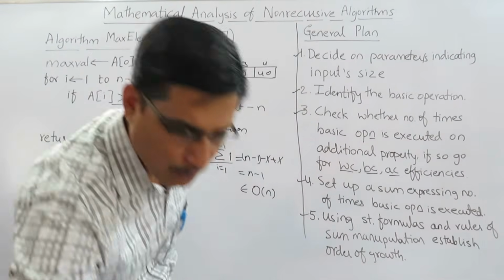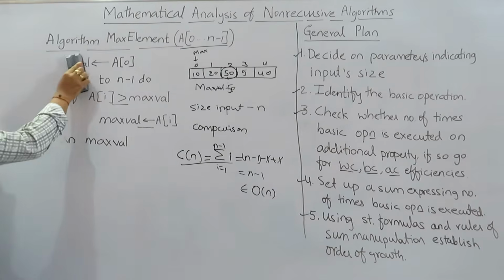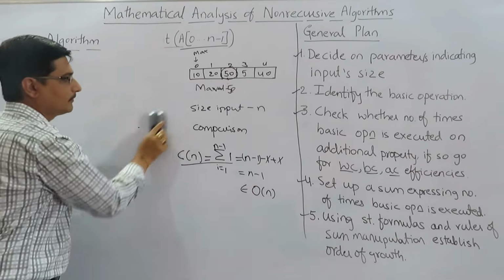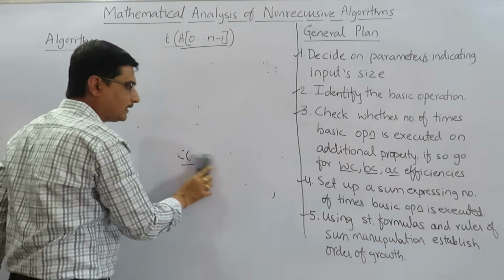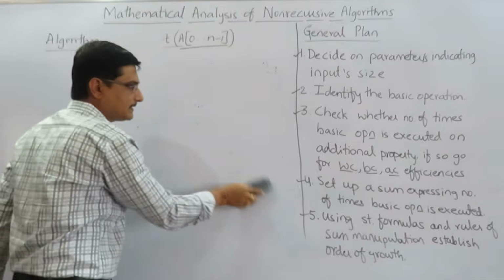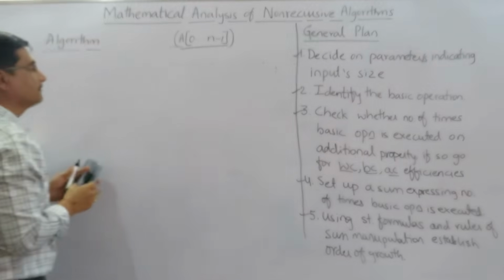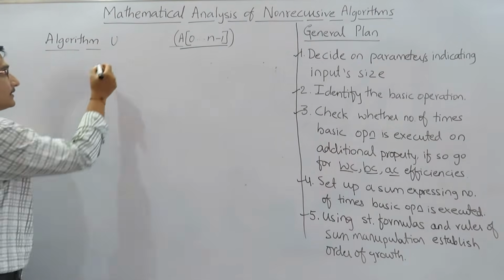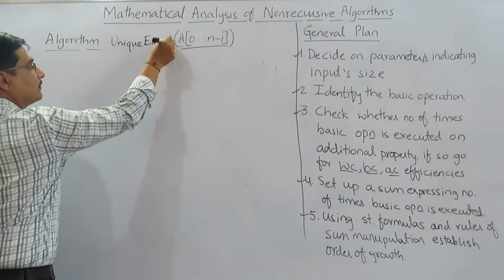Okay, we will go for two more examples so that this concept will be more clear. Say we want to find whether all the elements in the given array are unique. If this is the case, then how will our algorithm be? Say, for example, we need to say whether all the elements in the given array are distinct. Say we want to develop this algorithm.